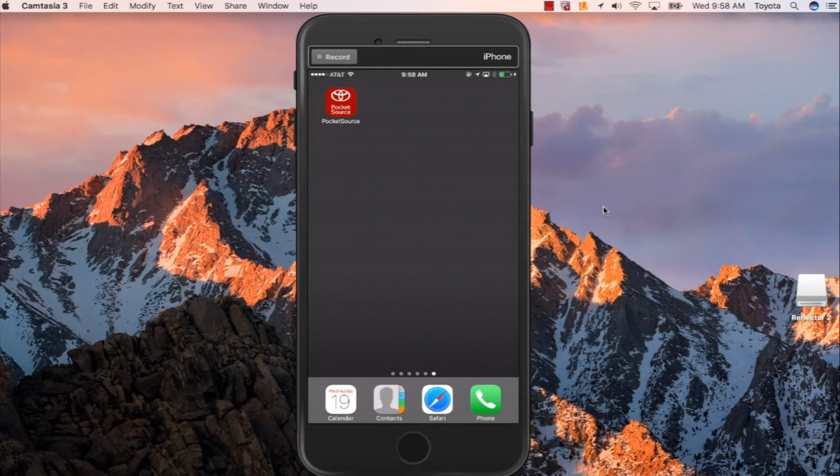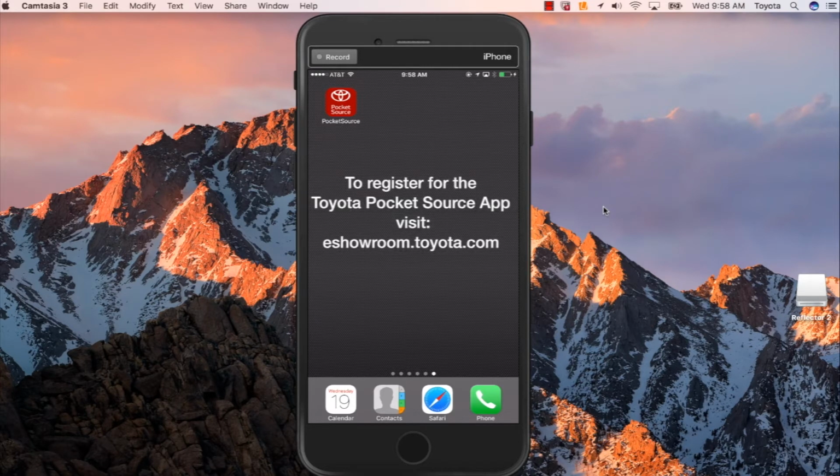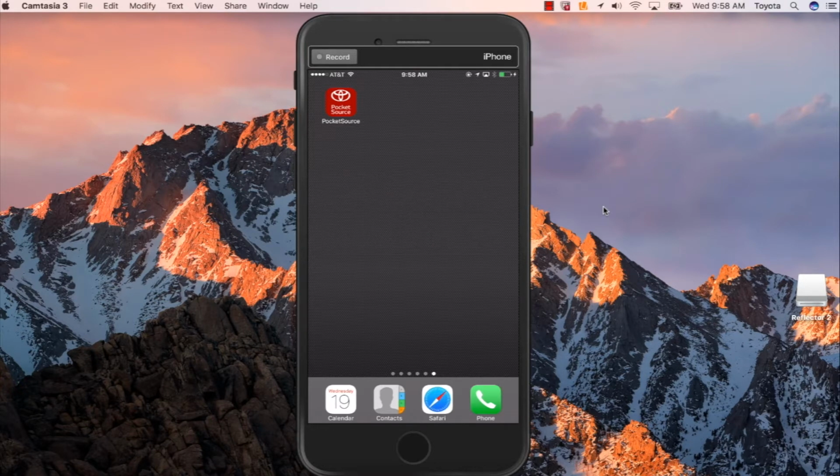First and foremost, you need to make sure that your associates have the Pocket Source app downloaded onto their device. This download can be obtained through the eShowroom website that they can access. So we're going to open up the Pocket Source app,